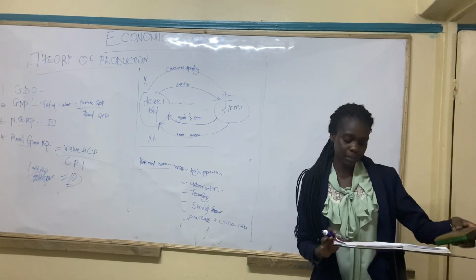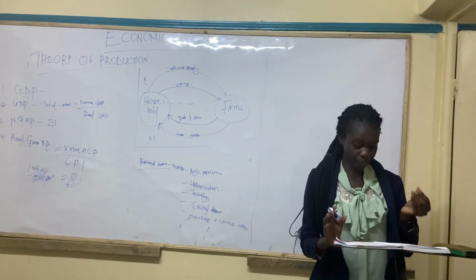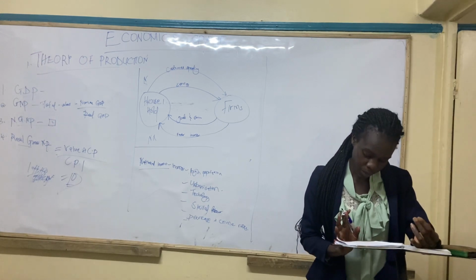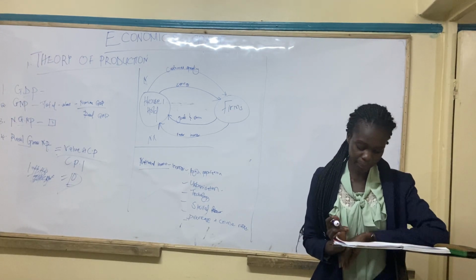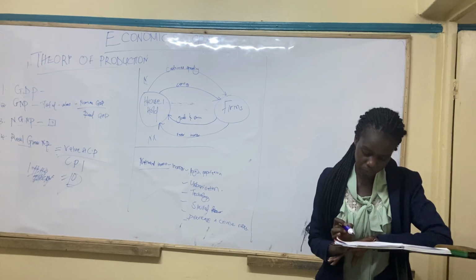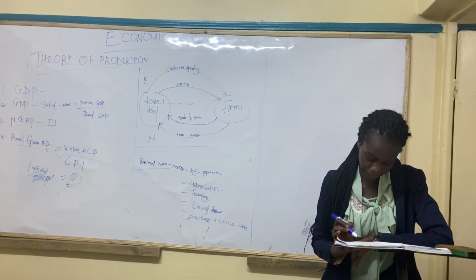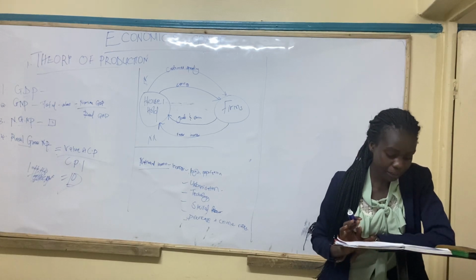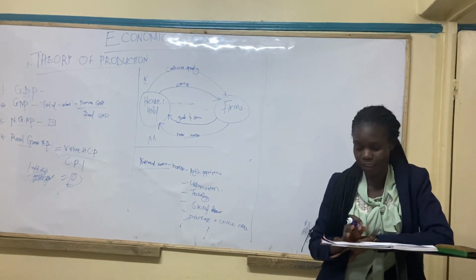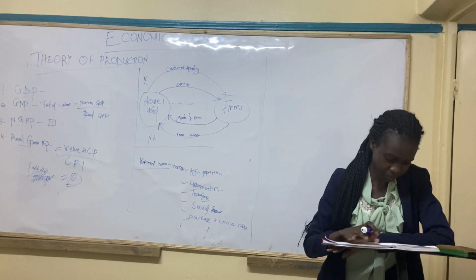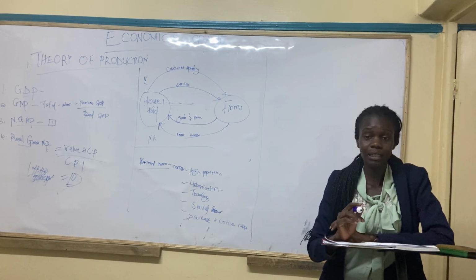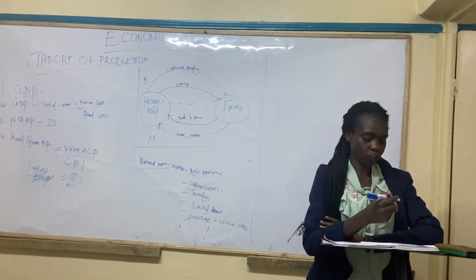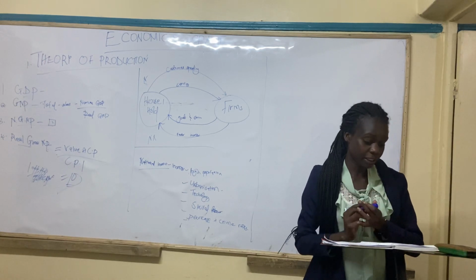So we are done with national income. So we are going to the problems of interpretation of per capita income. So the problems of interpretation of national income includes